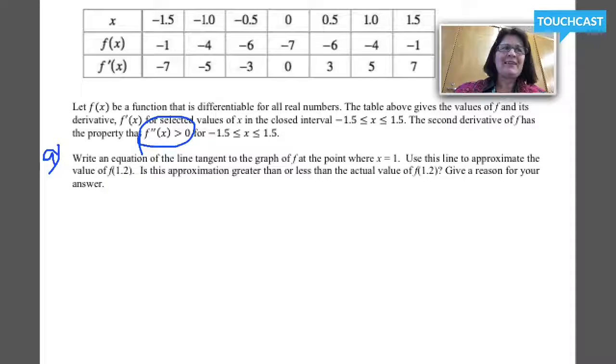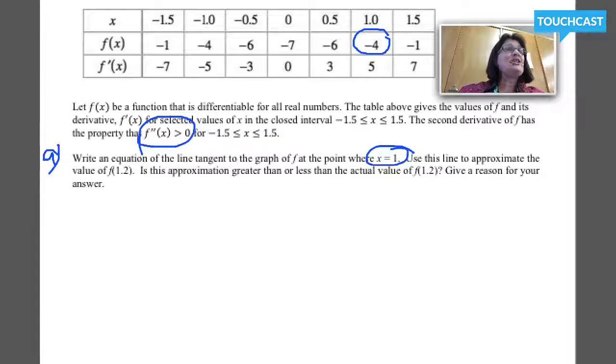When they tell you something like that, you should start to be suspicious that you're going to have to use that. Okay, so we've been asked to write an equation of the line tangent to f at the place where x is 1. We're going to use that tangent line to approximate f of 1.2. We've been asked to decide if our approximation of f of 1.2 is an overestimate or an underestimate, and we have to give a reason with our answer. So the things I'm going to need to know: I need to know the point of tangency. I've been told that it's x equals 1. I'm going to need the y value there. That's going to be f of 1, which is